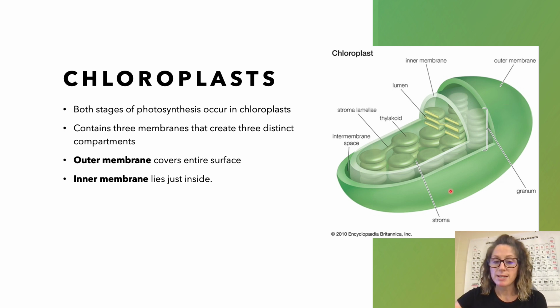The chloroplast has 3 membranes, and it is special because it creates different compartments. So we have the outer membrane, and we have our inner membrane, and we have our intermembrane space that is between those 2 membranes. In our next slide,